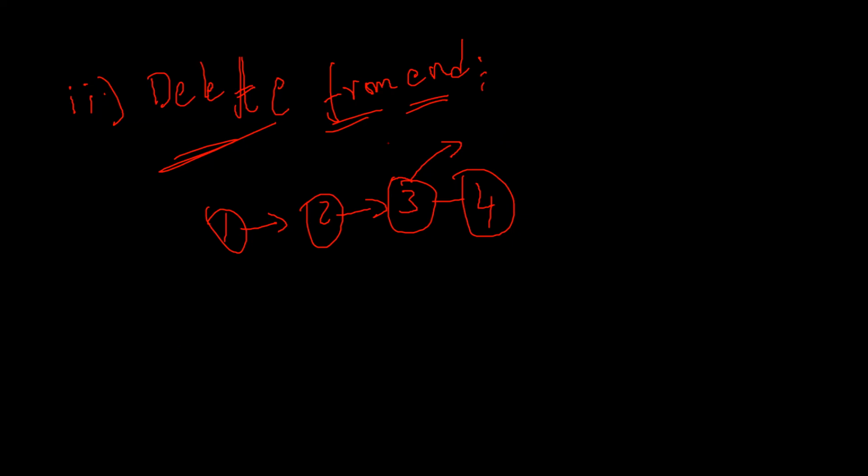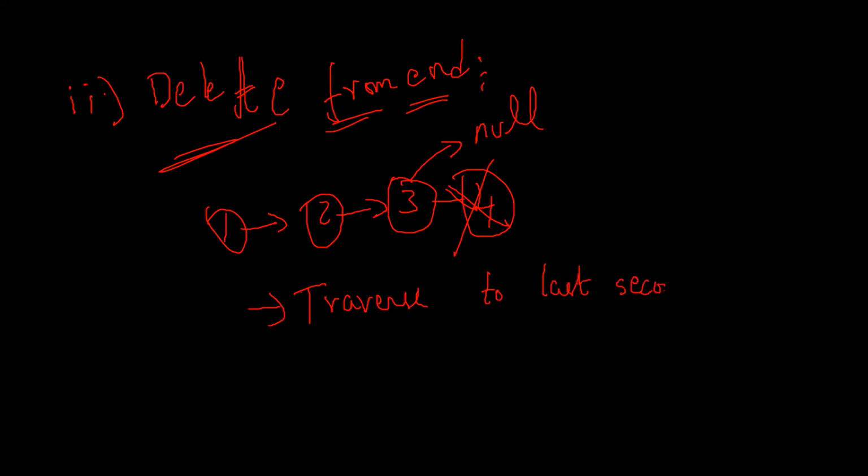So what's our logic here? The moment I'm putting it to null, this will get cut away, right? Great. Okay, guys, I'll just say the logic here. Everyone, okay? So first of all, the logic is to traverse to the last second element, the last but one element,